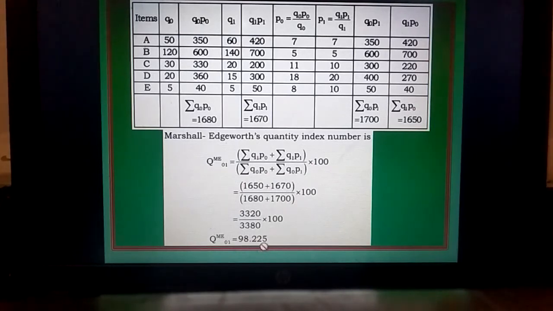98.225. So if I consider 98.225 to be approximately equal to 98, then there is a 2% decrease in the quantity levels consumed in current year as compared to base year based on Marshall-Edgeworth's quantity index number. You know already how to write the conclusion. This is how it has to be written. Then next,